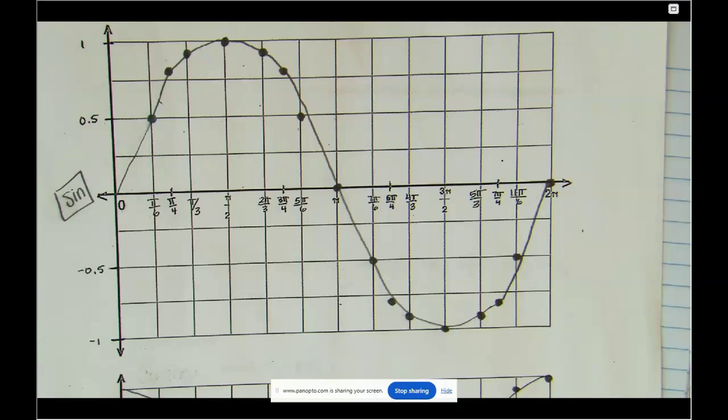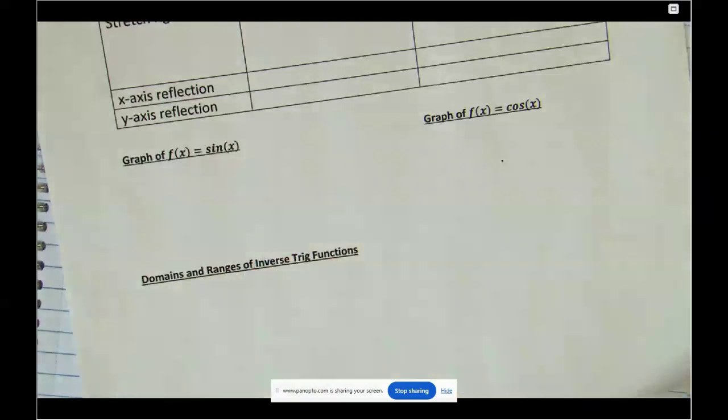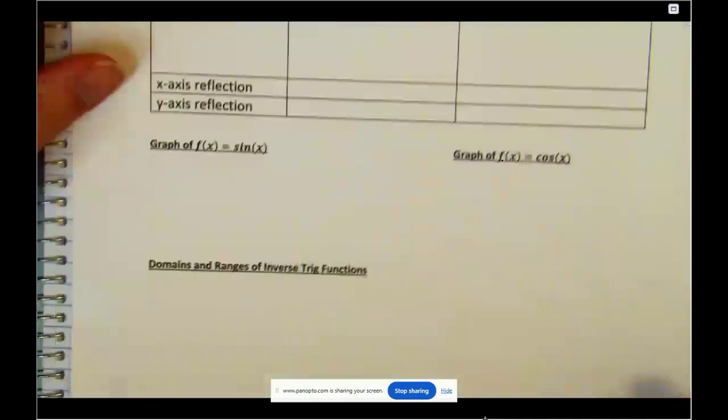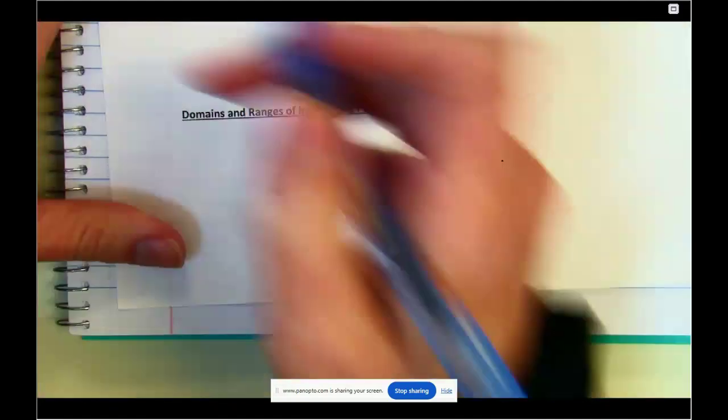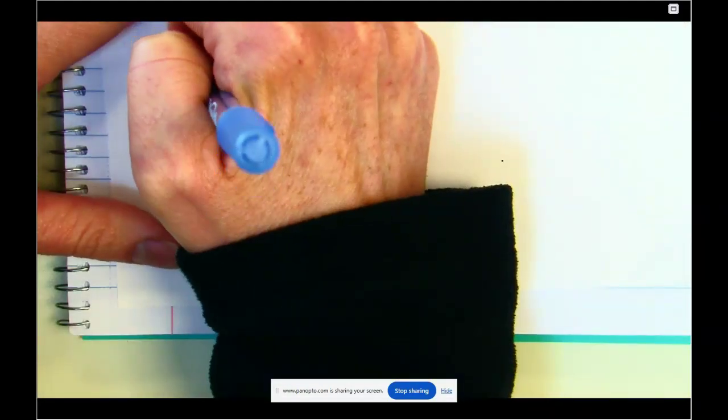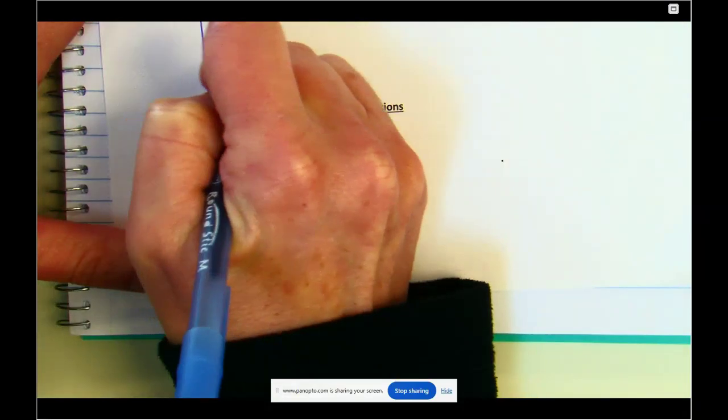Okay, so what I want you to do on page 5, I have lots of pages here. On page 5, near the bottom, there's a table. Underneath the table, it says, there we go. You've got the graph of f of x equals sine x. So the first thing we're going to do is put one of these on here so it's your reference. I promise by the time we're done with this lesson, you won't even need the reference. But for now,